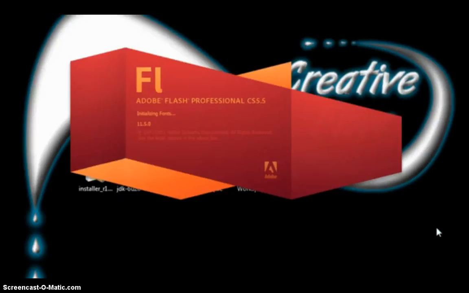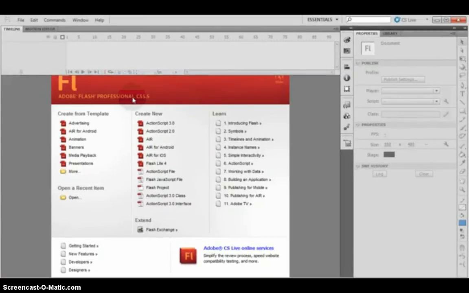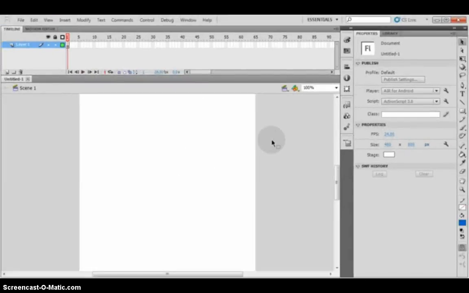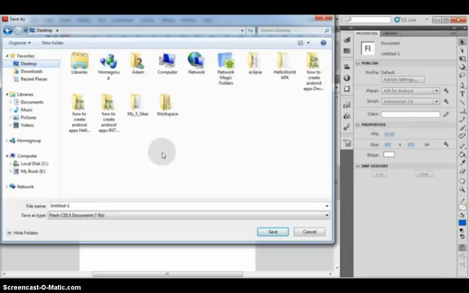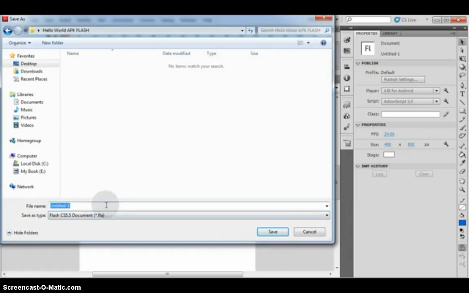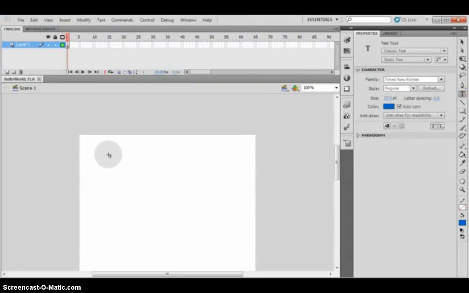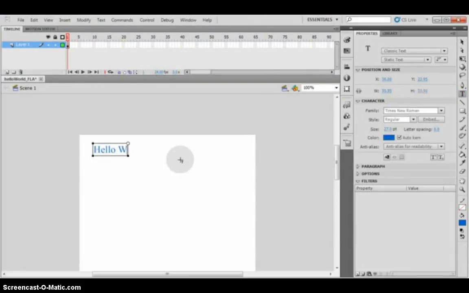open the Adobe Flash CS 5.5. So this is the environment. So we have AIR for Android. Then the next thing to do is let's save this file, then create a new folder, then let's call it Hello World APK Flash. Then double click, then let's name this FLA Hello World underscore FLA Hello. Then save. Now let's drag a text field, or you can choose